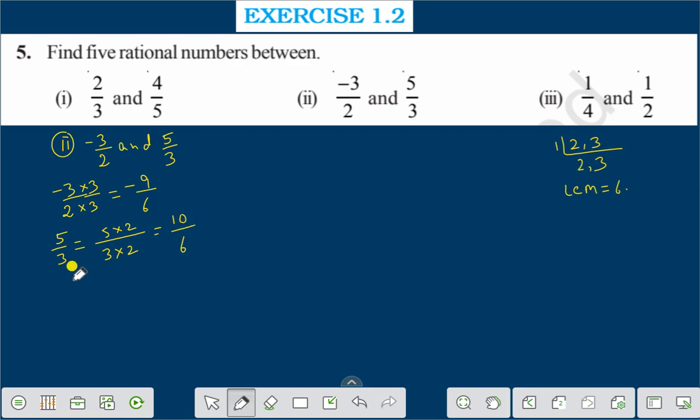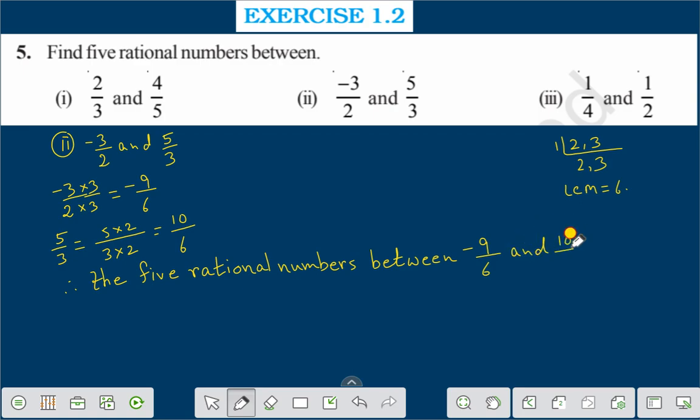Therefore, the 5 rational numbers between minus 9 by 6 and 10 by 6 are